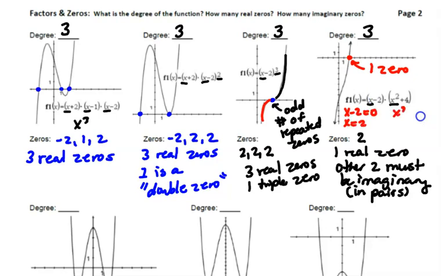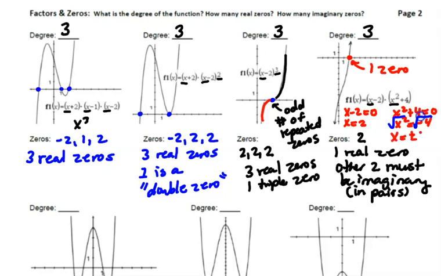If we set x squared plus 4 equals 0, we get x squared equals negative 4. Well, if we take the square root of negative 4, we get an imaginary number. Specifically, we get 2i. And since we're taking the square root of both sides, we're going to need a plus or minus here. So we're going to say that x equals